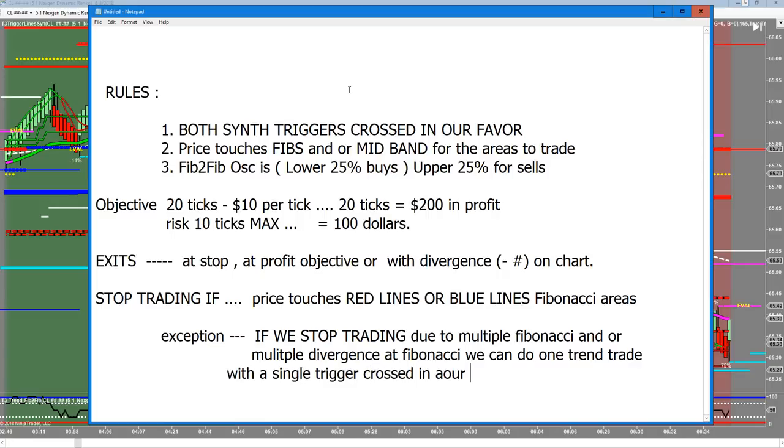So basically all I'm saying here is what? If an area stops us